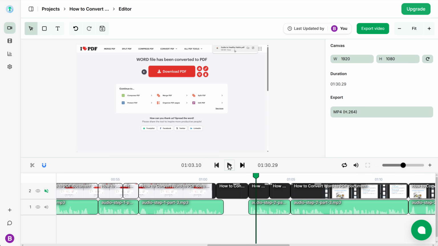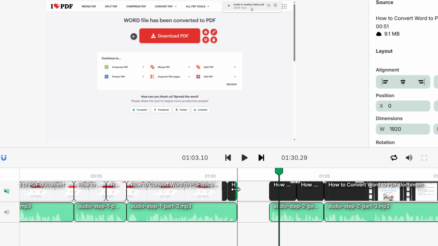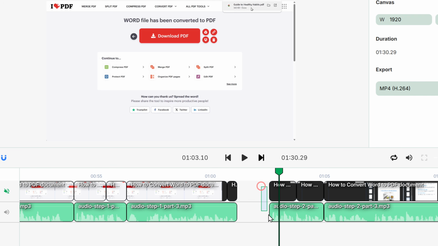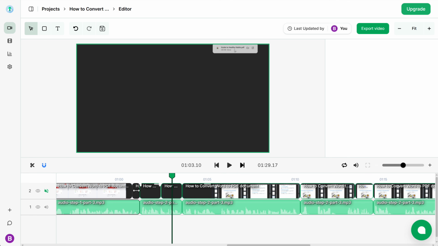To shorten a clip and remove any empty gap, select the clip and then adjust its length by dragging from the edge. To remove the gap, select the remaining clips on the track and drag them forward to fill the space. Now when you play the video again,